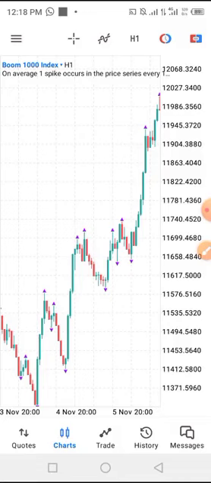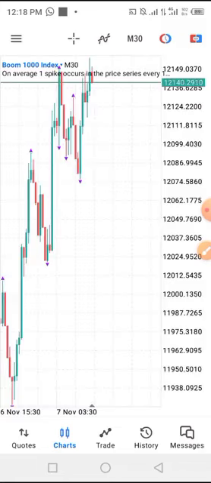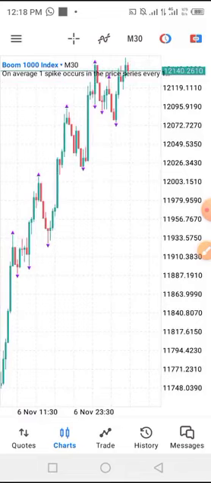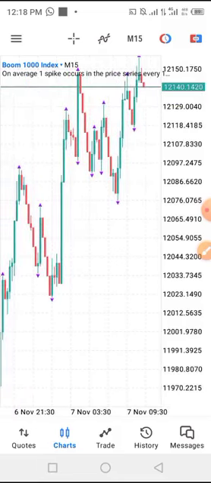Then that will determine, if you click on the M30 for example, it is going to change the time frame, or you're going to change your chart to 30 minutes chart. As you can see, it's loading. This is the 30-minute chart. Then if you click on 15 minutes, it's going to change it to 15-minute chart. Then